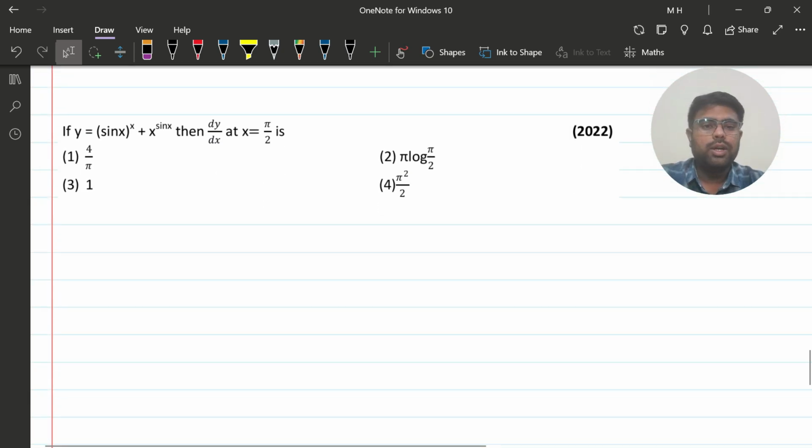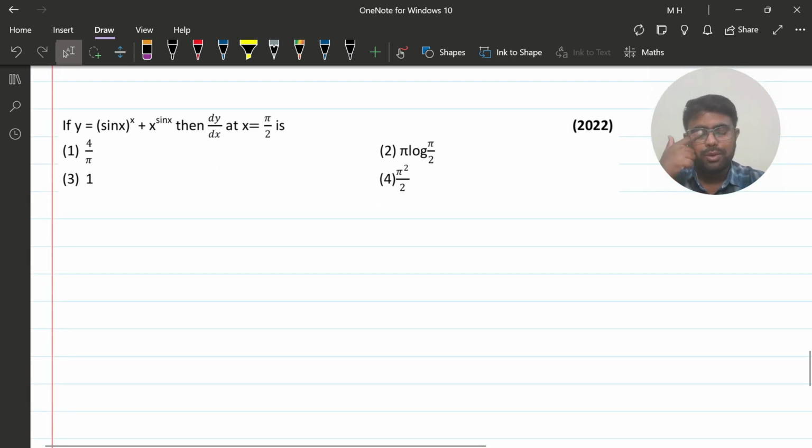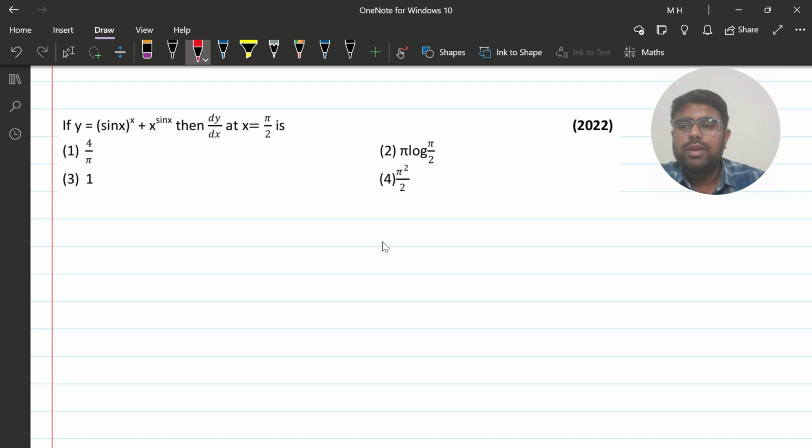Fine. Now let us take up the next question, again from 2022. The question says, if y is equal to sine x raised to x plus x raised to sine x, then dy by dx at x equal to pi by 2 is. Look, we cannot really differentiate it directly because we have it in the form of f raised to g, for which we don't have any direct result. So we are going to use logarithmic differentiation. I'll call sine x raised to x as u, and x raised to sine x as